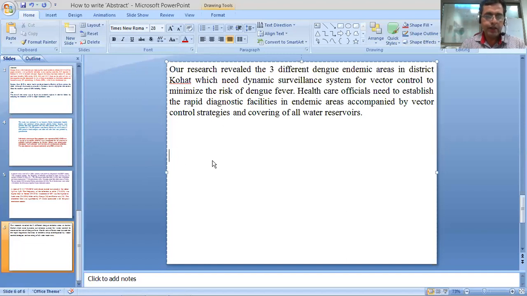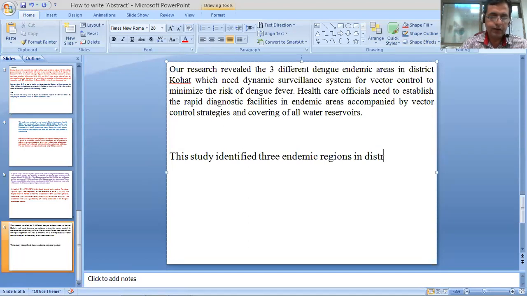I can simply write that this study identified 3 endemic regions in district cohort, okay,